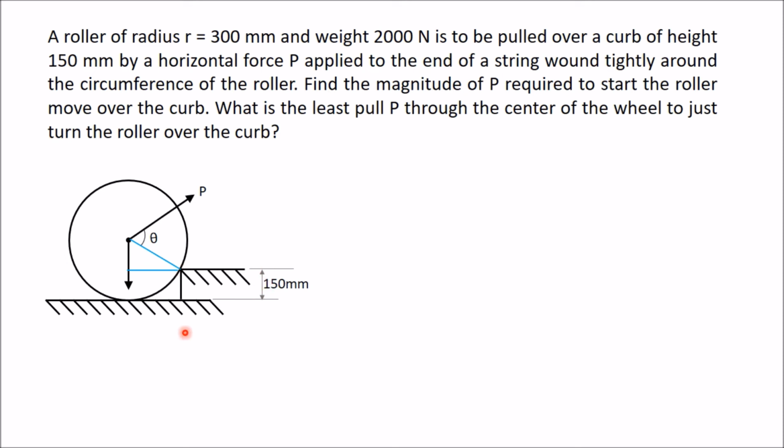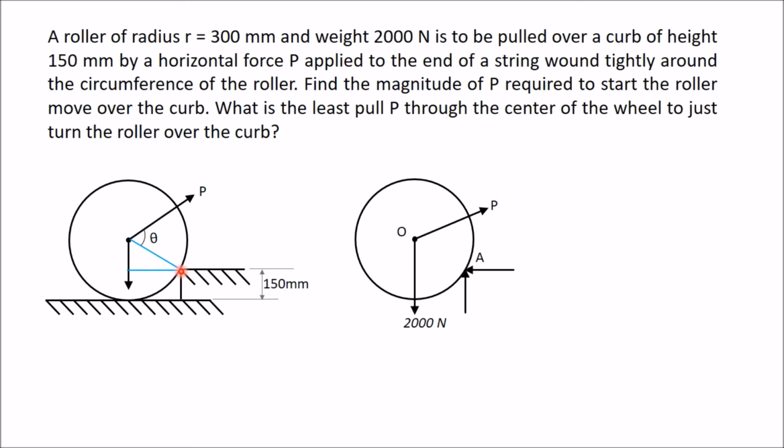Again we have to draw free body diagram of this ruler. Weight in vertical downward direction, force P, and two reactions at this point A. Direction of P is assumed from theta. Again no reaction at this point of contact because it is just turning over this curve. At that moment this point of contact will get missed, and therefore there will be no reaction at this point, so no reaction is shown here.